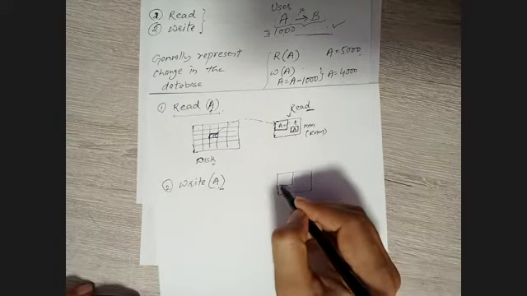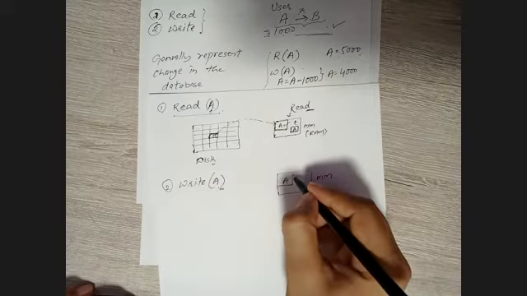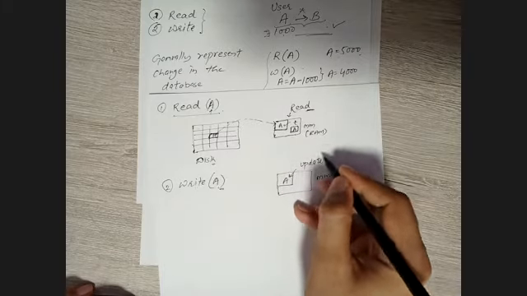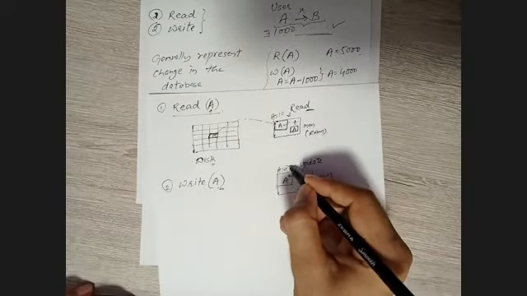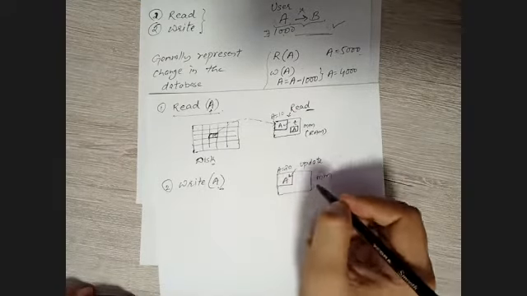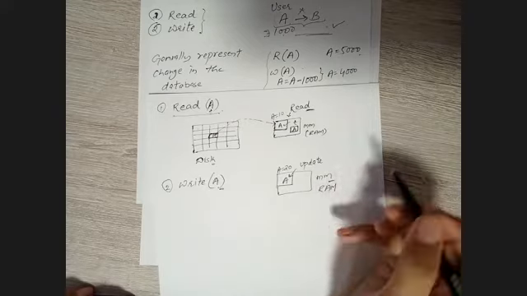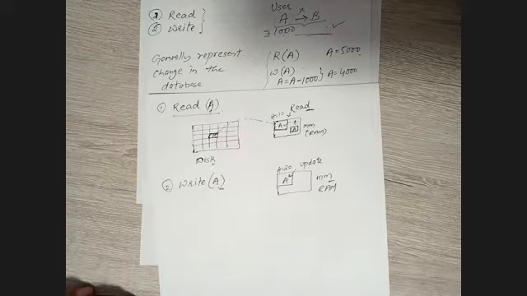Understand, in the main memory we have block A. For writing A, we perform some operation over here. Let's say we update this value. Initially it was A equals 10, now we have updated it to A equals 20. We have performed some operation in the main memory, that is in the RAM. So once it is done, we have updated the value in the main memory block. Now replace the modified block of main memory into your database.